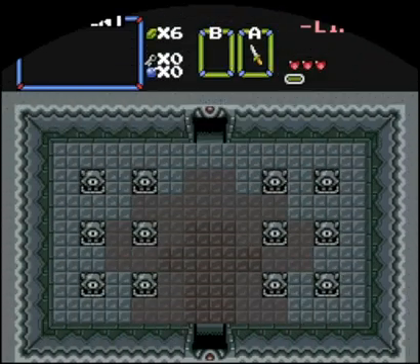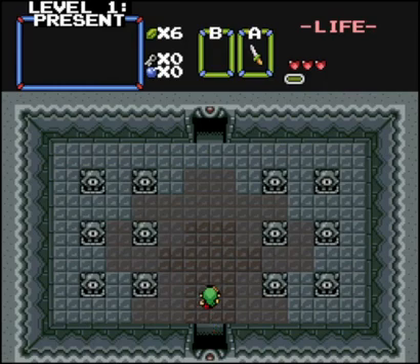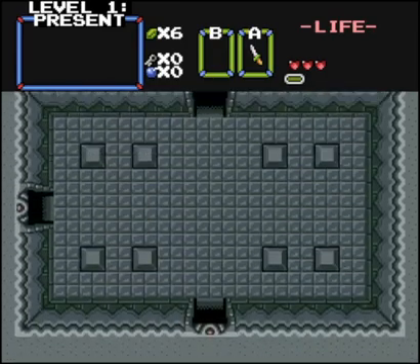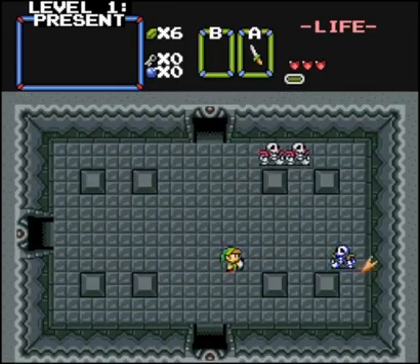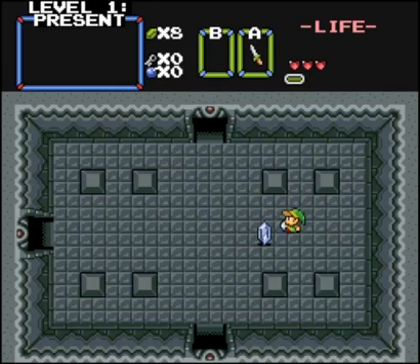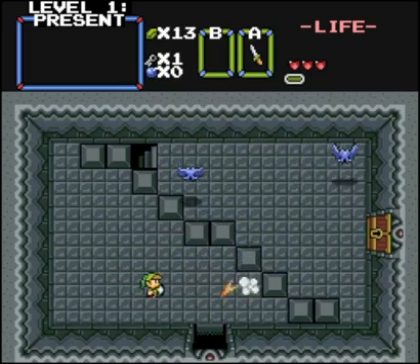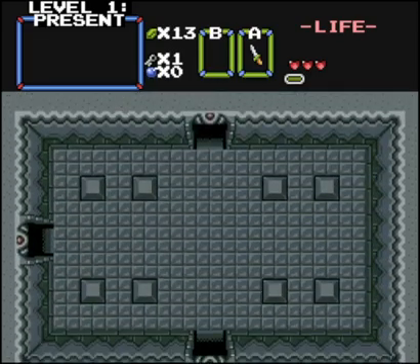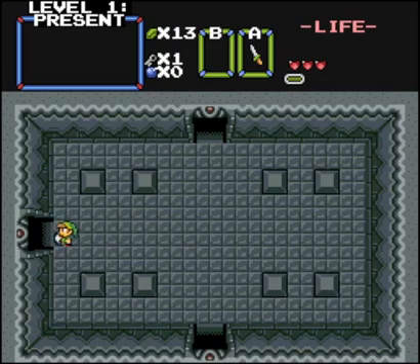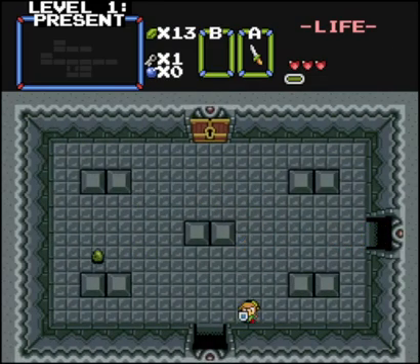So, let's see. Level 1 in the present. The way that these dungeons work is there's actually 3 parts to each level. 2 sub-dungeons followed by a full dungeon. And the sub-dungeons are a little bit smaller, a little bit easier, and generally less interesting. The other differences between them,